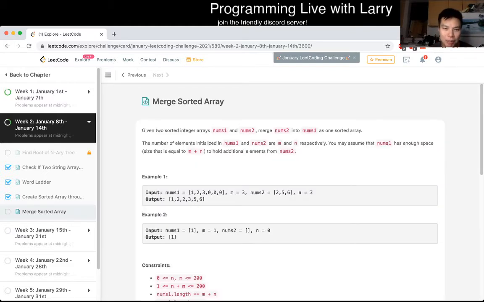Okay, today's problem is merge sorted array. So I do these and explanations and stuff like that all live, so it's a little bit slow. Just watch it on 1.5x or something like that. Yeah, okay. So for this one,